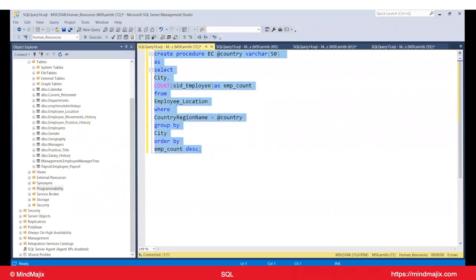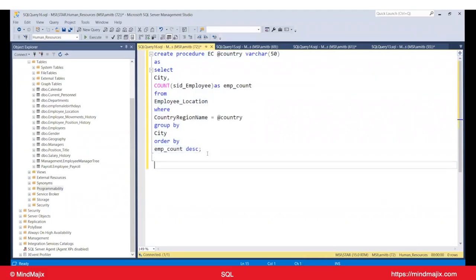Now it's time to execute it. How to execute a stored procedure? We'll come to the next line. I'll use the word exec, the procedure name, that is EC. And now I'll use that particular variable country over here. So exec EC @country, where I want to assign the country Australia per se over here. And now if I execute it,